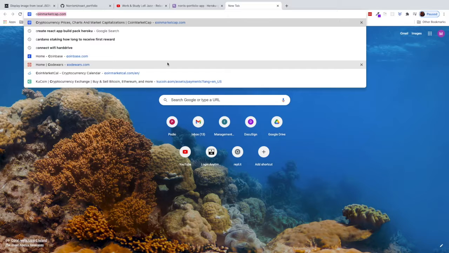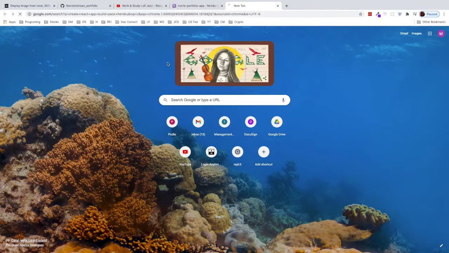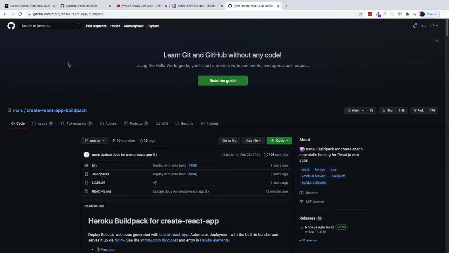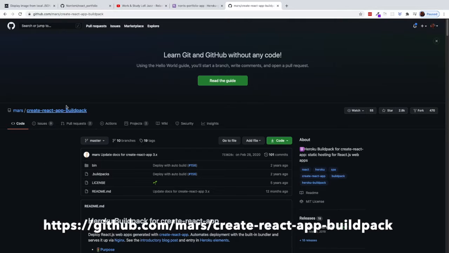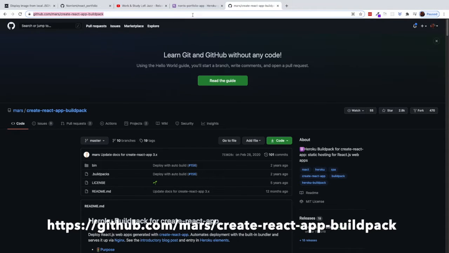Okay, so just open up a new tab, and what we want to go to is Create React App buildpack Heroku, and it will be this link here. So it's mars/create-react-app-buildpack. So just go ahead and click on that. And then, since we're in GitHub, we need this link up here. So go ahead, copy this link, and then go back to